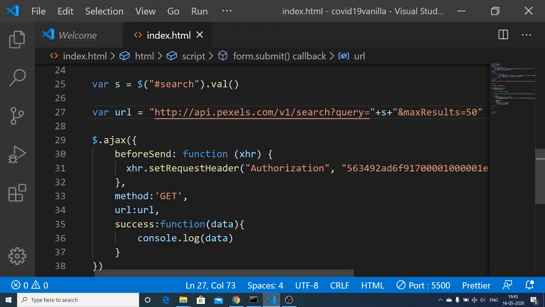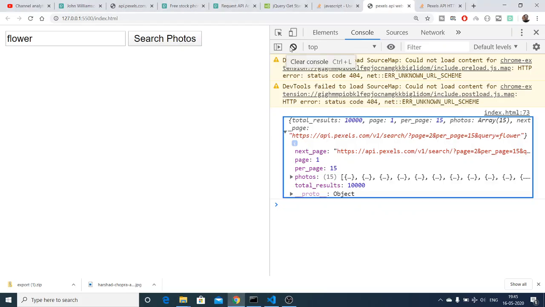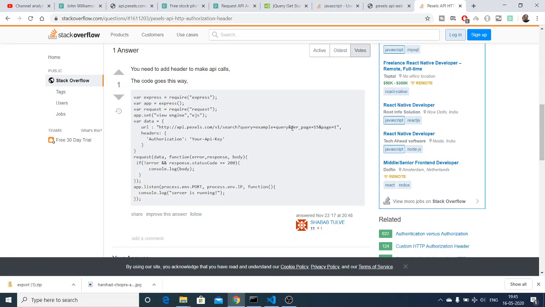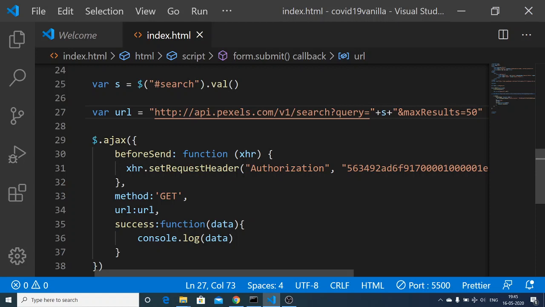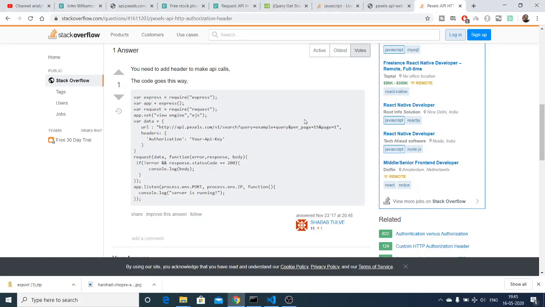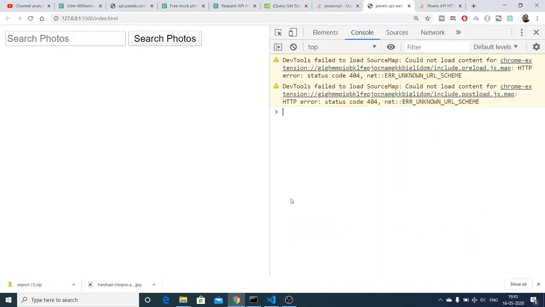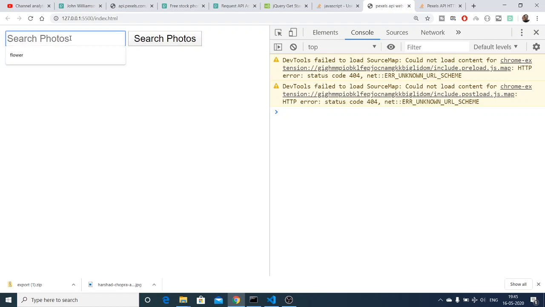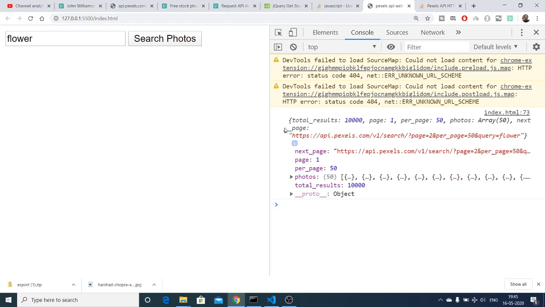And also I think there is a property per page also inside this. Let me just see. You can see per page. Yes, we need to set per page. This is a property, you can see that, per page. We are initializing it to 50 here, so it will now display 50 photographs per page. If I refresh, now you will see that it will display 50 photographs.